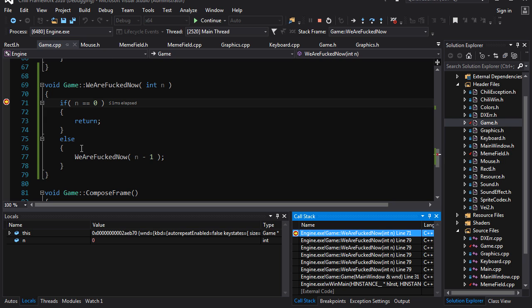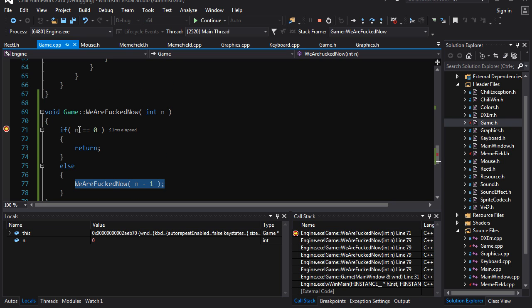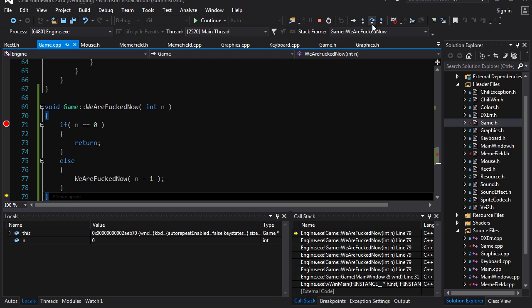So instead of calling ourselves once again, we are instead going to break the cycle, break the chains, and we're going to return. So we're going to go into here. And when we return,